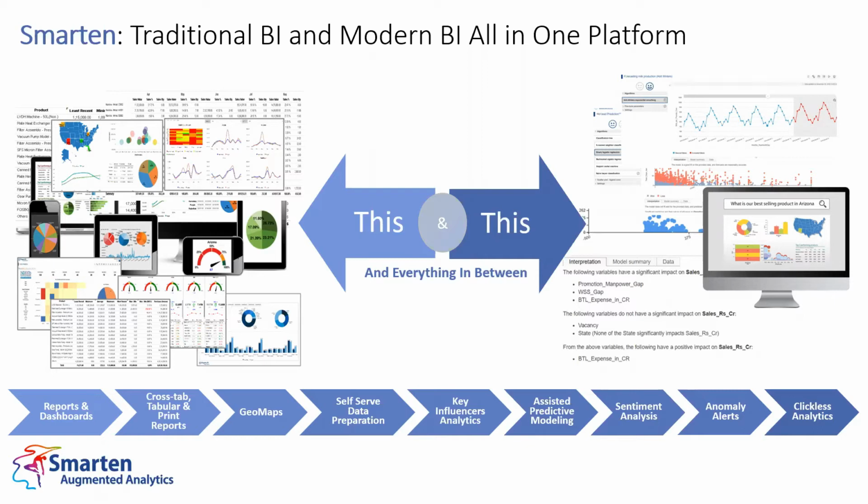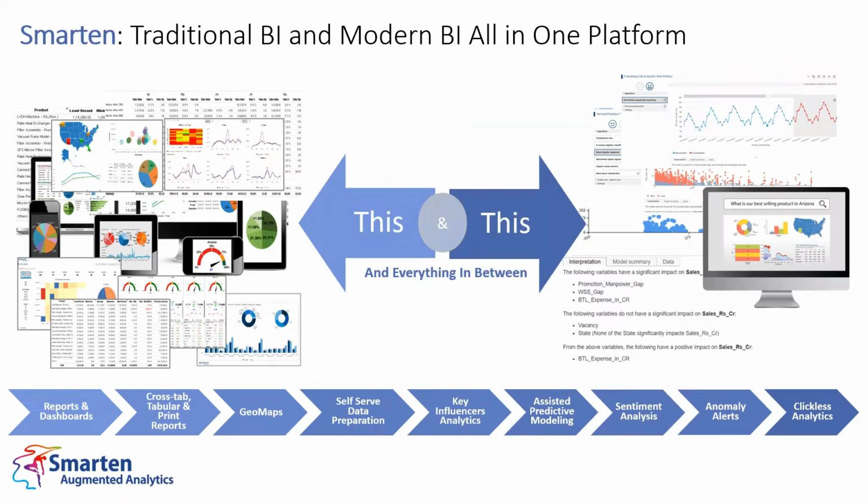Anomaly alerts, we are soon going to release that, and we will also host a webinar for the same and keep you updated. Anomaly alerts will automatically identify any anomaly within the data,